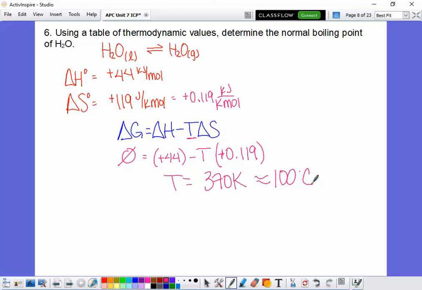A lot of you are probably thinking, oh, I'm boiling, I know I need to increase the energy, so I need to increase the temperature. Yes, but the actual explanation why has to do with this thermo stuff, and that's what he was saying. Since it's positive, positive, this term needs to become larger. We need to increase this term to make delta G decrease. Because if it's at 0, we need to make this bigger to make this a negative. Okay? So therefore,